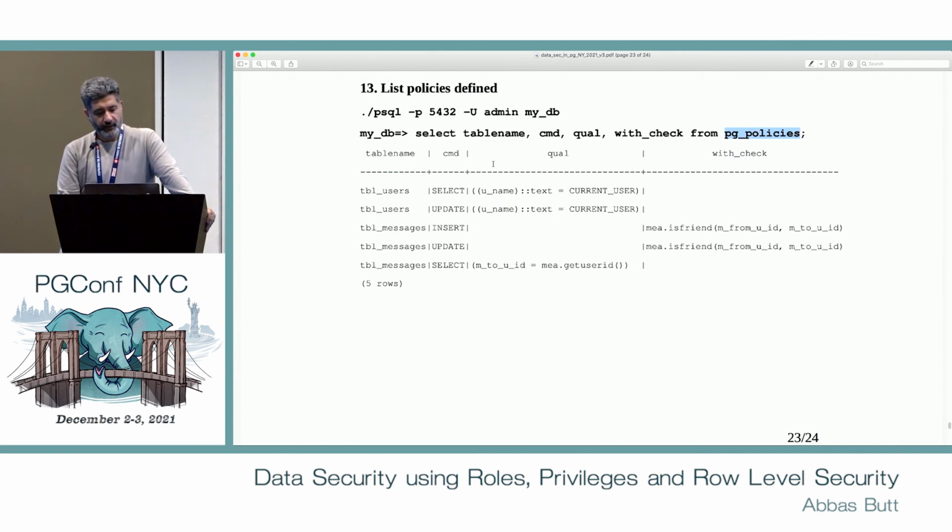If you fire this query, you would see that for table users, we have a select row level policy that is implementing this qual. And then we have an insert row level policy on table messages that is restricting based on this particular condition.